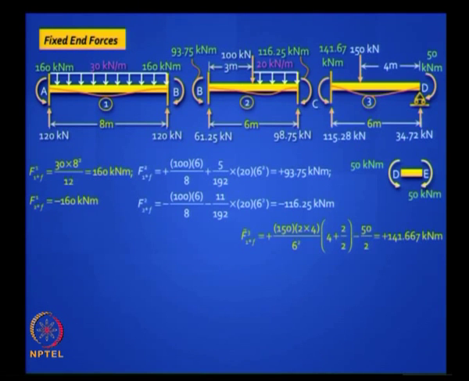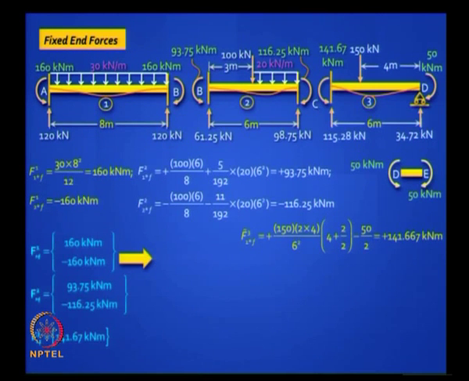What do we do next? We write down the fixed end force vector. You can put it all in one box, or you can keep them separately as I have shown here. That is, these are only the end moments corresponding to the degrees of freedom. Typically 2 degrees of freedom per element, except for element number 3, where you have only 1 degree of freedom. From here manually you have to build up the fixed end forces that act on the main structure. Finally we want FFA and FFR. So we can get that.